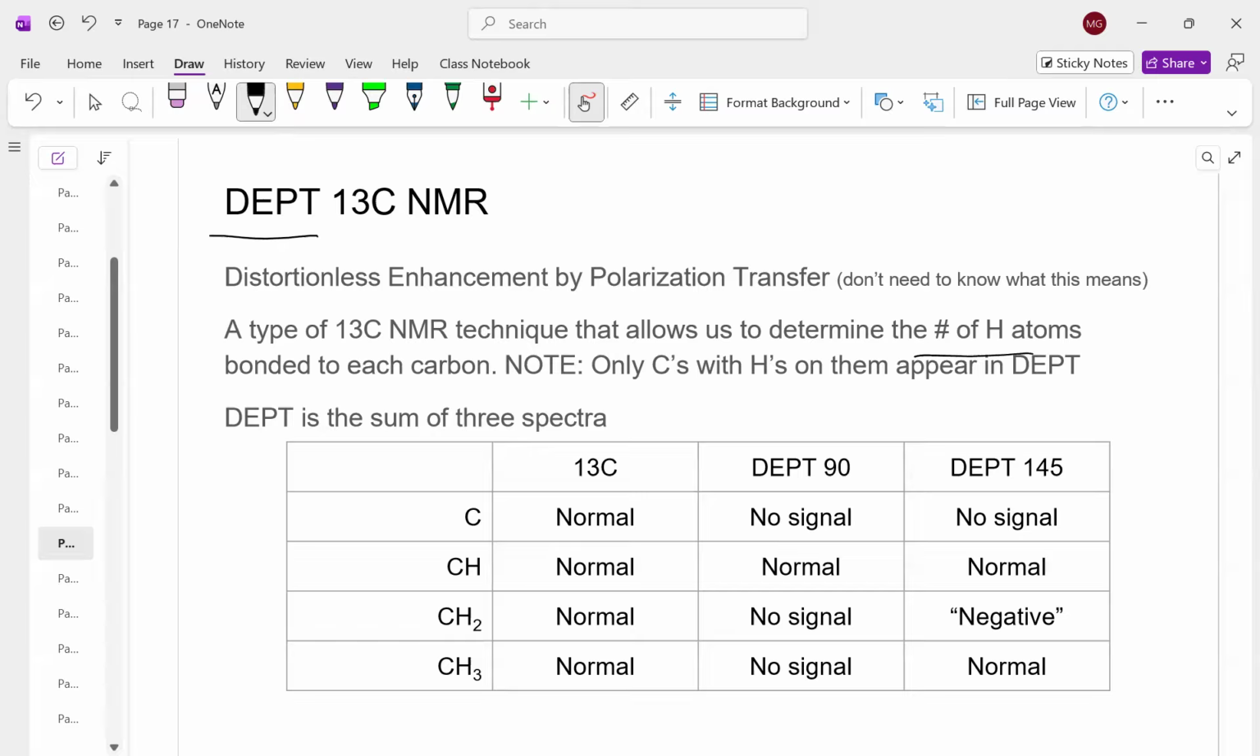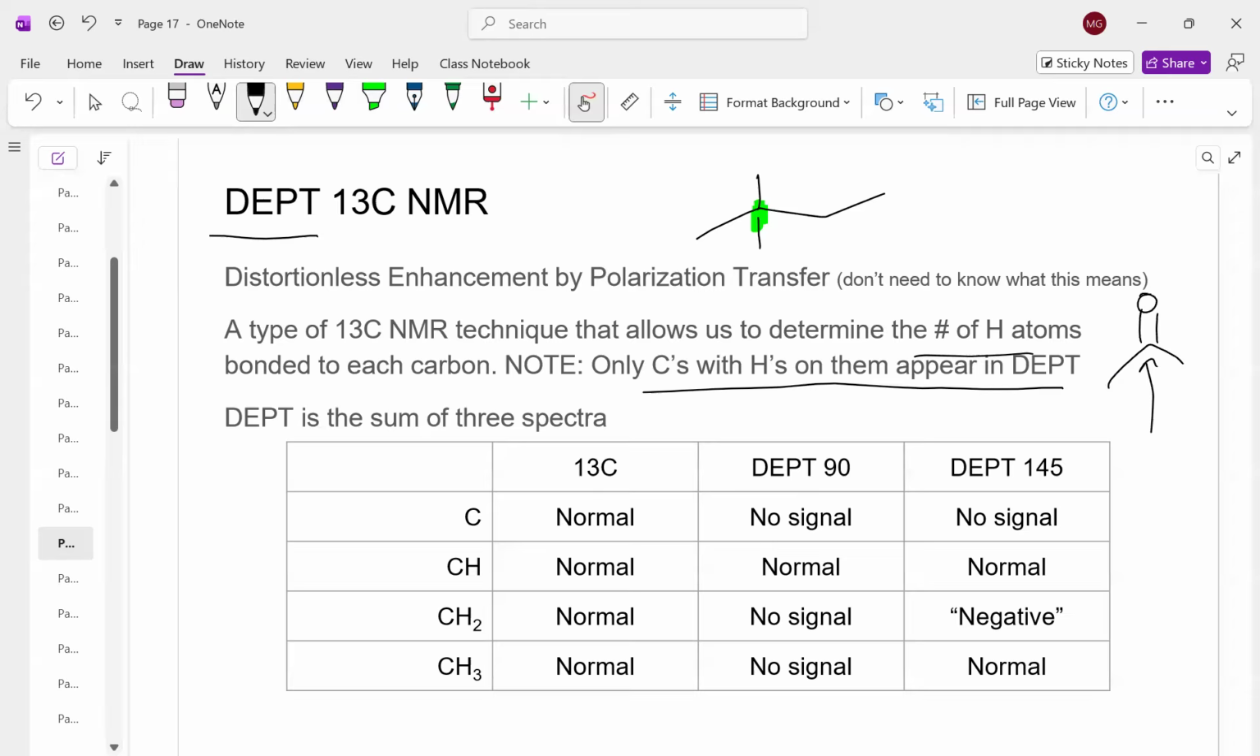But I do want to point out that in this type of carbon NMR, only carbons with hydrogens on them appear. So we don't see carbonyls of ketones. For example, with acetone here, we won't see this carbon in the middle because it doesn't have any hydrogens on it. Or a quaternary carbon. This carbon right here in the middle, we wouldn't see that by DEPT because it doesn't have any hydrogens on it. So what we do is we compare a couple of spectra from DEPT with our original carbon-13